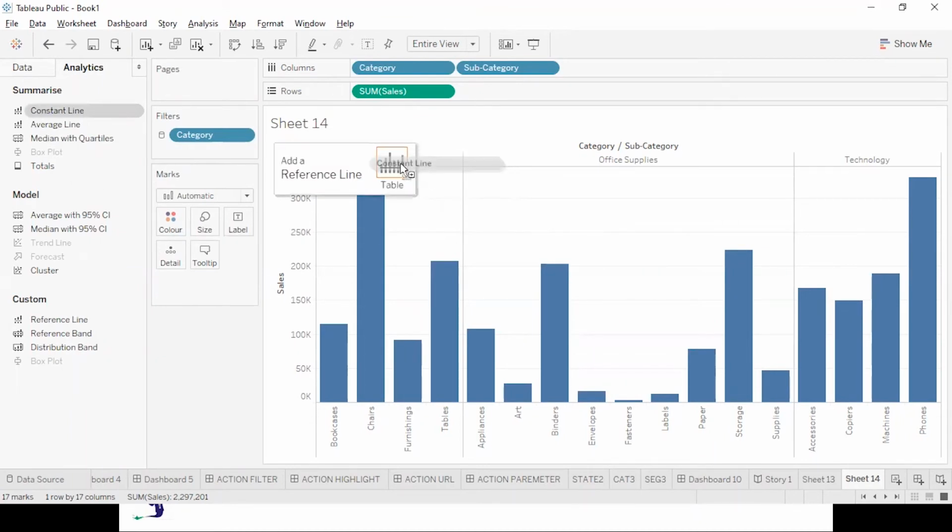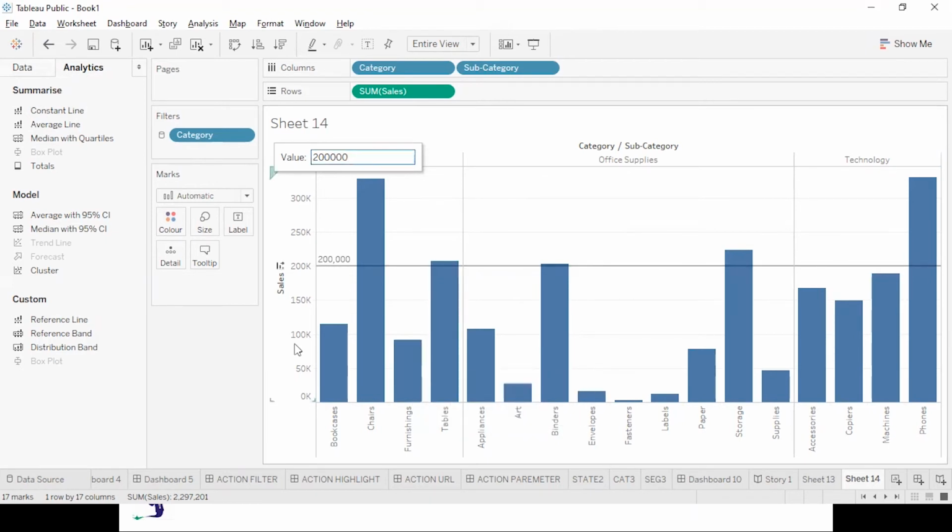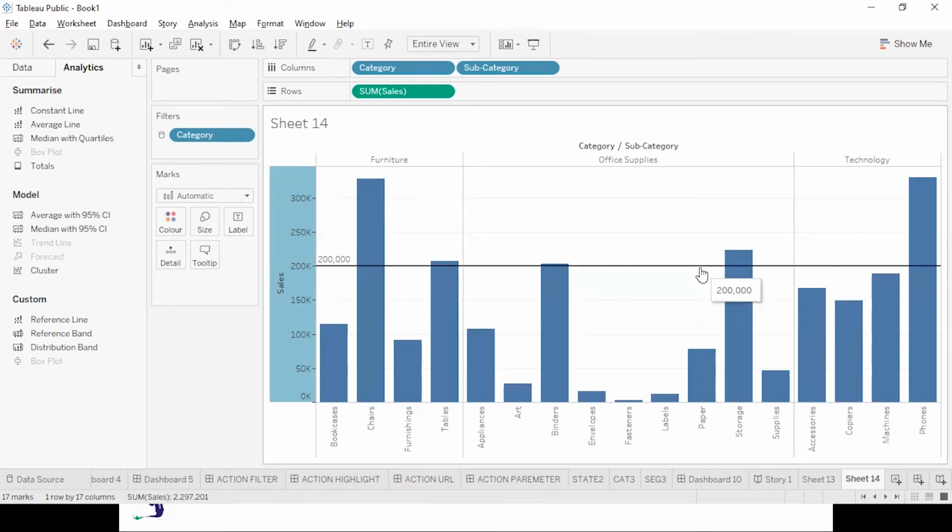Take a constant line and put it onto the table, and let's say 200,000. Assuming that you have given a target of 200,000 and you want to quickly find out which ones have met the target and which have not. So you can see you are getting a constant line over here at the mark of 200,000.